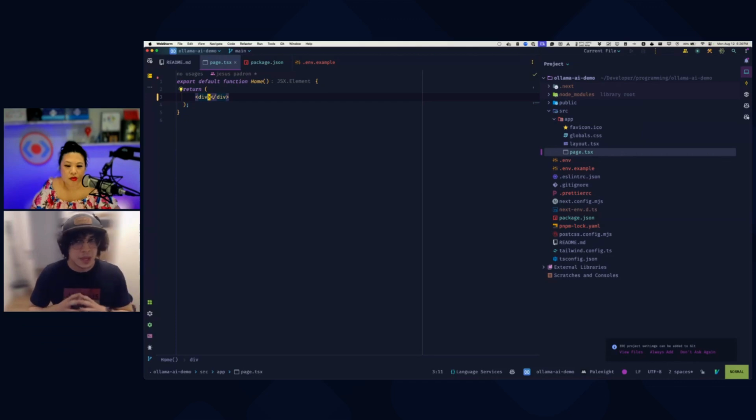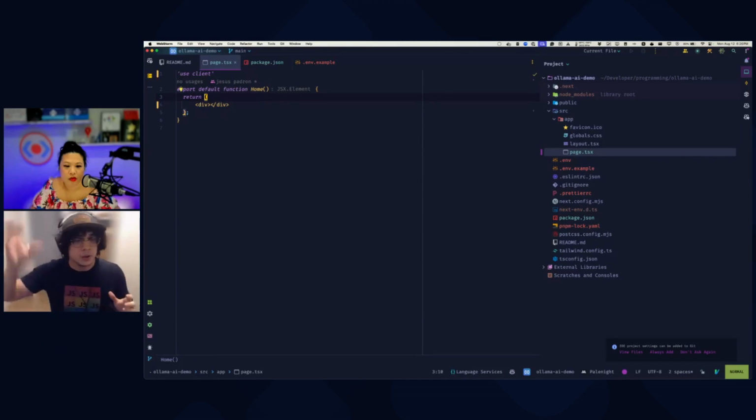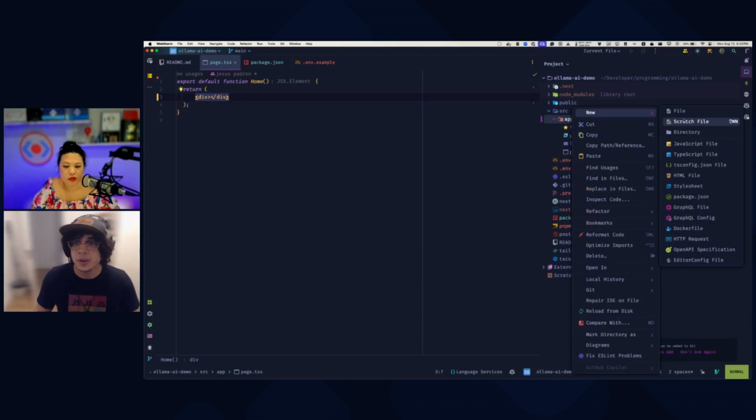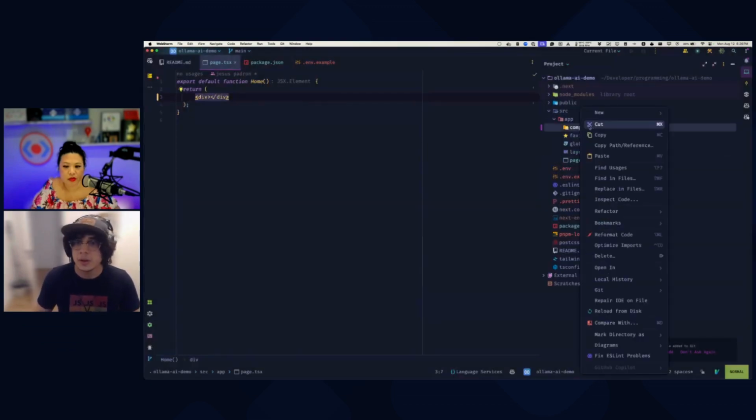In order to not make our entire app client side, we could just go to the top of the file and use client, but that will make the whole tree client side, and we don't want that. We want to enhance our page progressively by integrating client components into server components as we would like to. So let's go ahead and create a new directory here, and let's call it components, and let's create our new